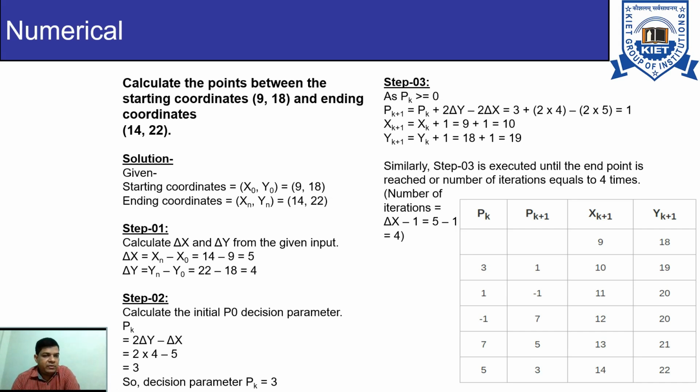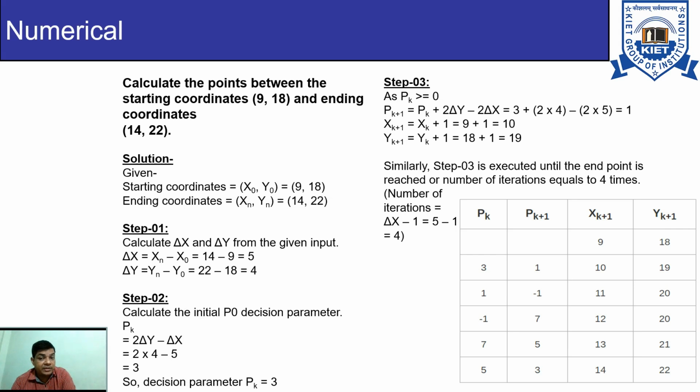So initially we are calculating the value of delta x and delta y, which is, the value of delta x is 5, the value of delta y is 4, and you can easily see that the slope of the line is 4 upon 5, which is less than 1. In the first step, we are calculating the value of delta x and delta y. In the second step, we are calculating the value of initial pixel parameter, and you can see that the value of initial pixel parameter is 3, and it is more than 0,